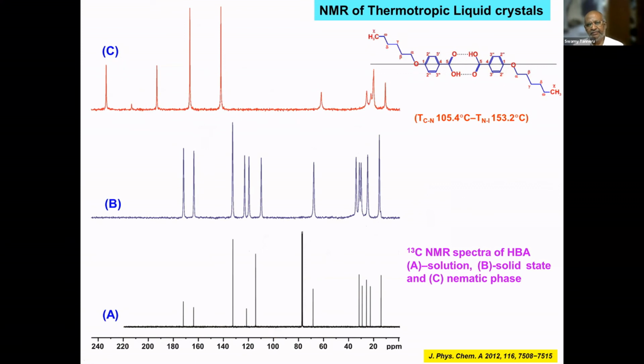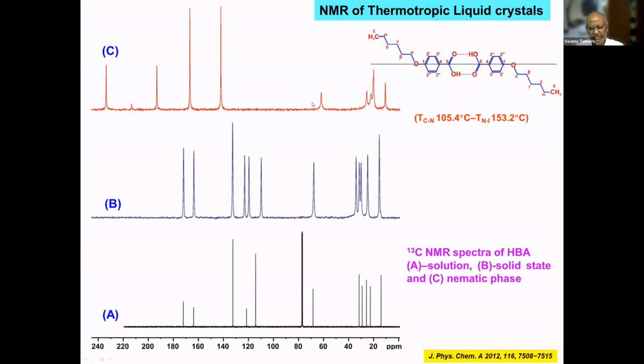So another area where I am active is the NMR of liquid crystals. For example, if you take 4-hexyloxybenzoic acid, which is nothing but a molecular crystal, it melts at 105.4 degrees centigrade and clears at 153.2. You can see in solution NMR, all these peaks are completely resolved. Now, in the case of solid-state NMR, using DDCP mass, the signals are comparable with solution NMR, even though residual broadening is there. Another important feature, instead of 3 signals here, we see 4 signals, additional splitting coming into the